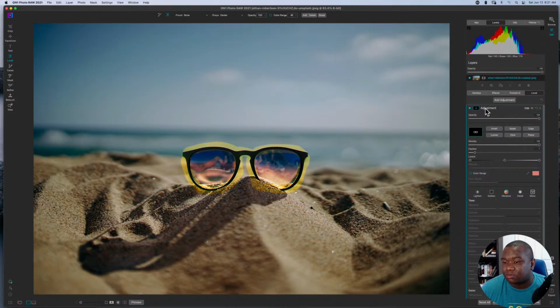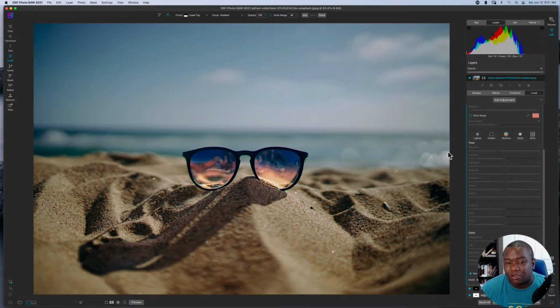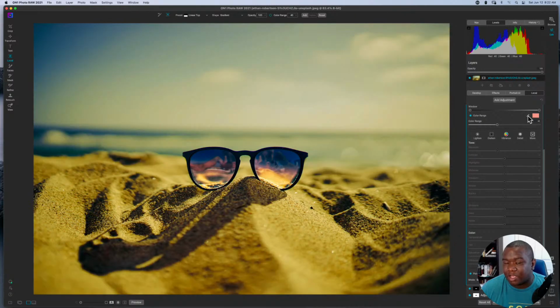So now what I do want to do, we'll go ahead and reset this because that's not really important anymore. We're going to do the color range. Now I'm going to hit color range, use my eyedropper tool. Now, you can do this effect. As you can see, it's choosing a random color. There's two ways of choosing color. I like to use the eyedropper tool because I can click, and now I am only applying color to just